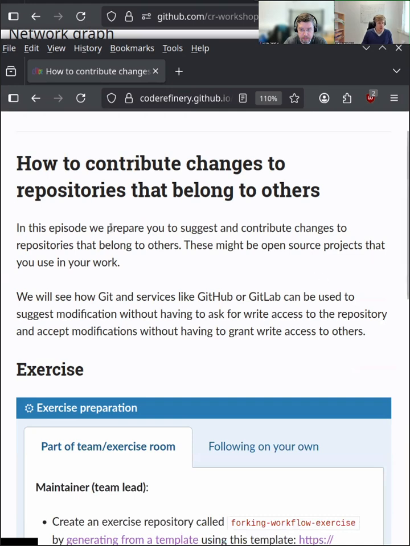So as I already hinted, we are now in a situation where we want to contribute changes to a repository that belongs to someone else. It doesn't have to be someone we know. It could also be a large repository from a different organization. So let's use NumPy again as an example. So let's say you have found a bug in NumPy, and you also happen to know how to fix it. So again, NumPy is this very famous Python library that probably many of you use. Then you wouldn't be in the NumPy core team, most likely. I would be very surprised if core team members would take this course. So probably what you would have to do in order to make contributions is to fork the repository and then create a pull request from there.